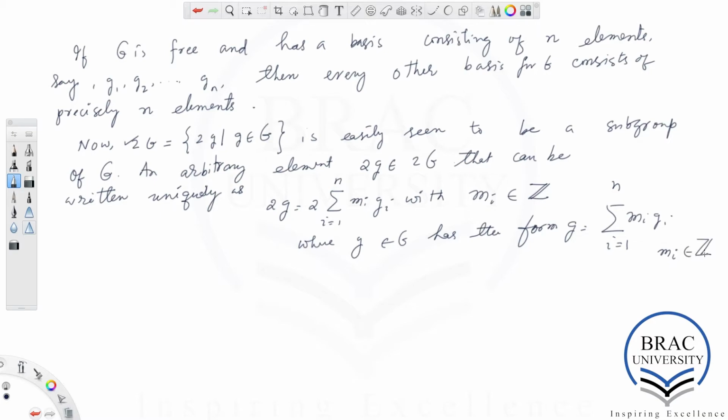Okay, so this is how we write an arbitrary element of this subgroup of G.